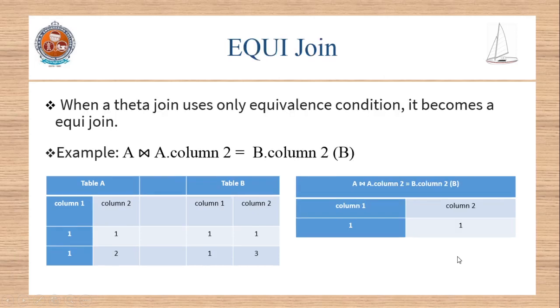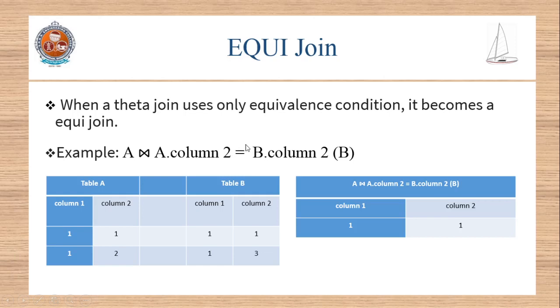Now we are having the next inner join, that is the equijoin. Here in equijoin, in place of theta, that is in the selection criteria, if you are going to use an equivalence condition, then the theta join is going to become an equijoin. In theta join, here we said that this is going to be called a theta. Here in this theta, if you are going to use the equivalence condition, that is the equal to operator, then this theta join is going to become an equijoin.